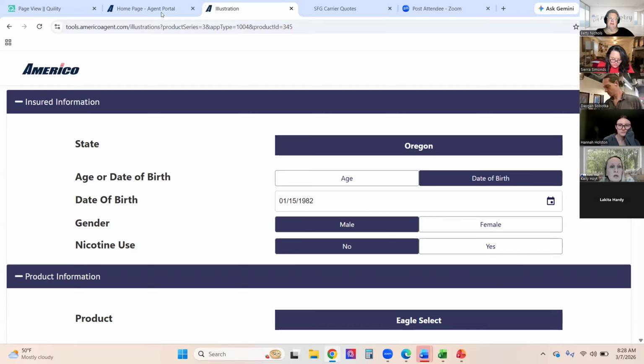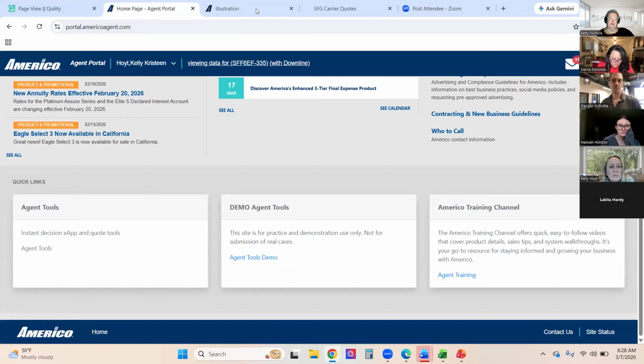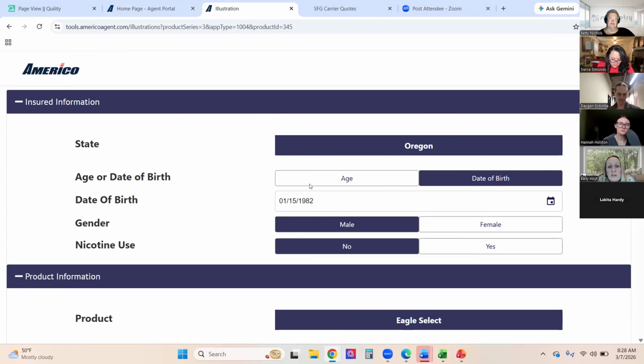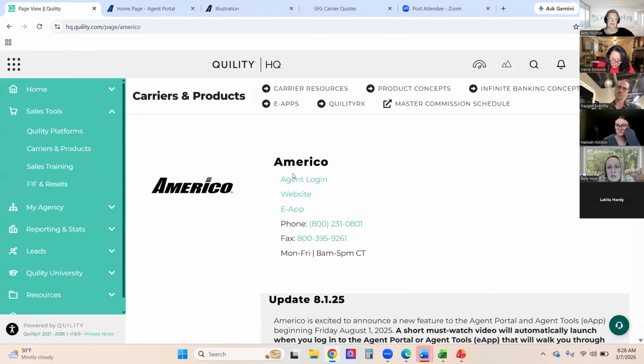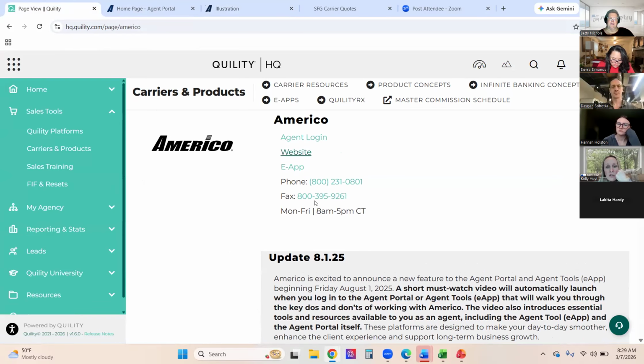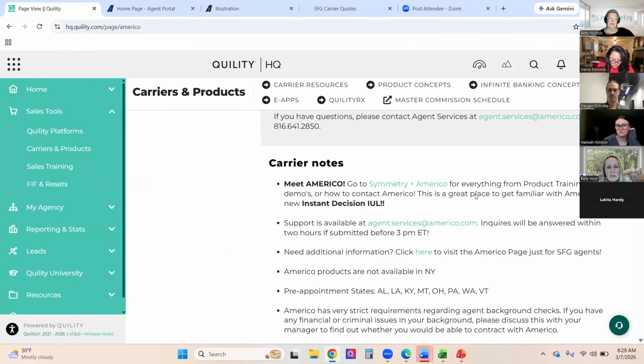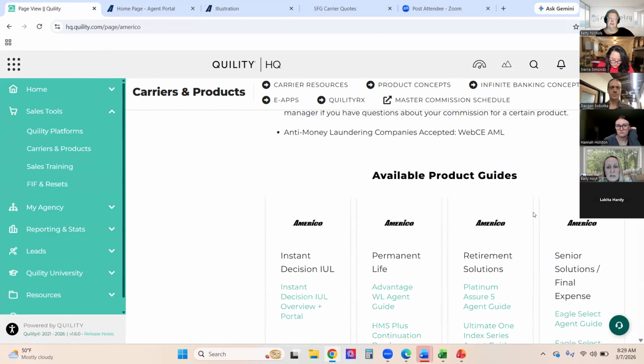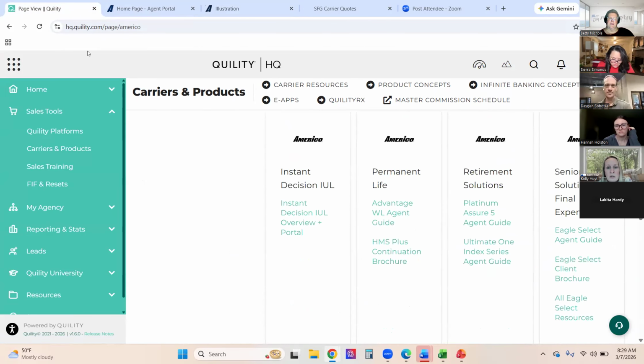Let me go back also real quick here. This bottom left-hand side under agent tools was one of the ways that you can get into this illustration and e-app. The other way is through where it says e-app. And then if you scroll down in HQ on this same page, if you want to read a little bit about what the product has to offer, you can go down here to the far right-hand side. Sorry, I'm just having to move everybody's faces here. You can see where this Eagle Select agent guide is. This is going to give you a lot of information about